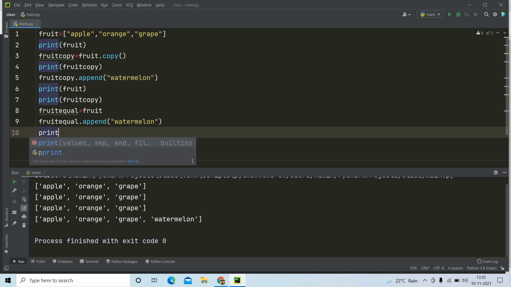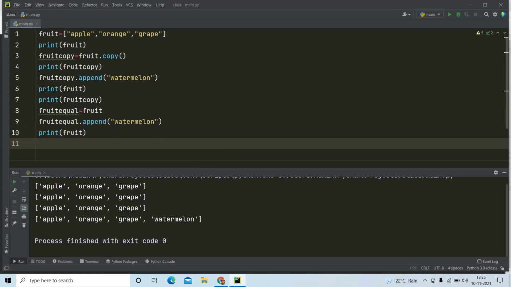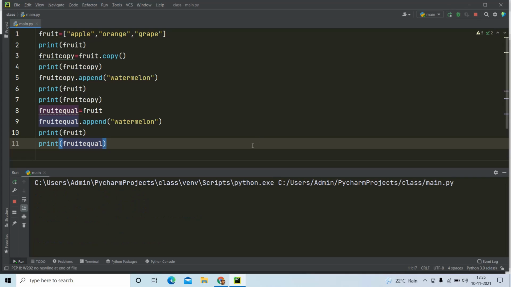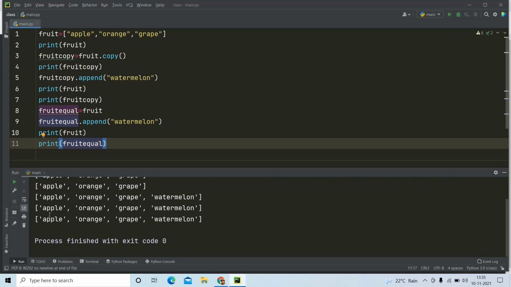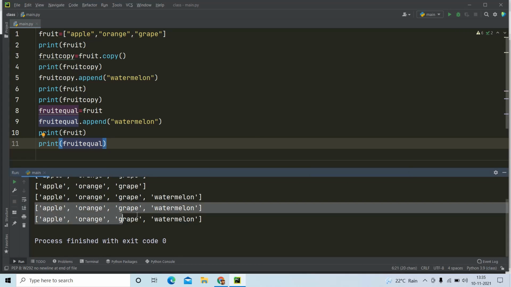Now I'm going to print fruit and fruit_equal. If I run and see this program, can you see both fruit and fruit_equal became the same, because we have used the equal to symbol.